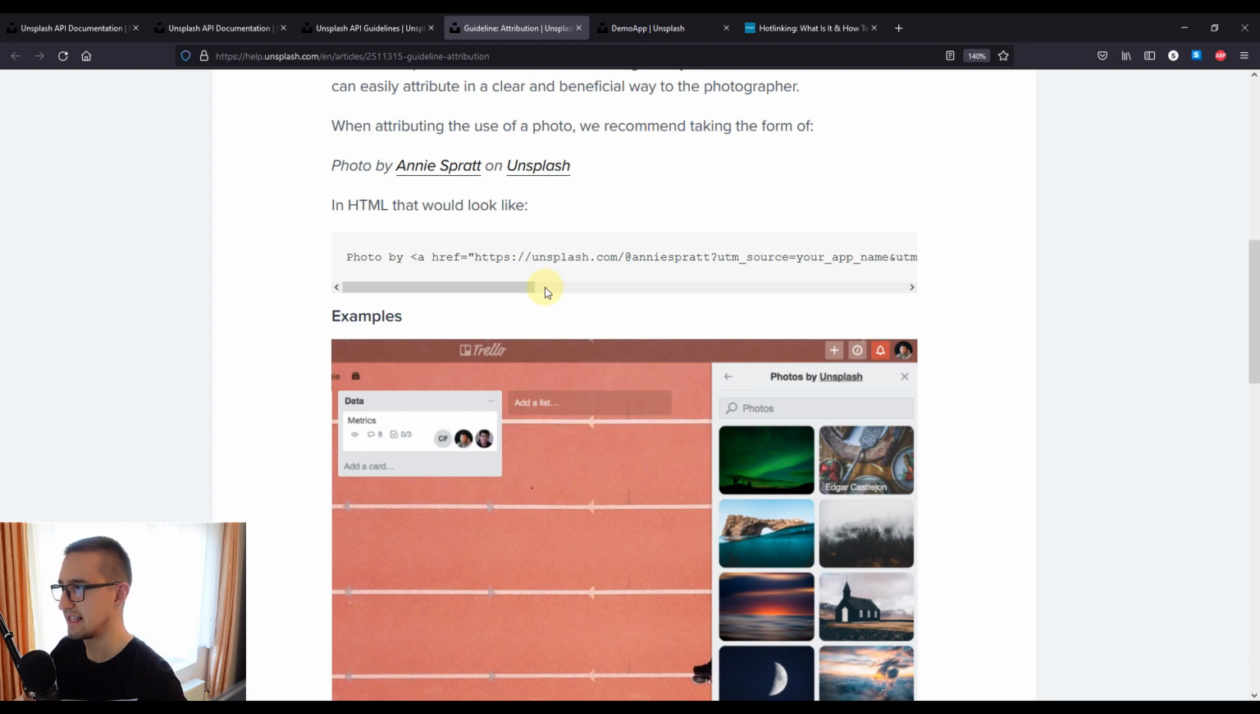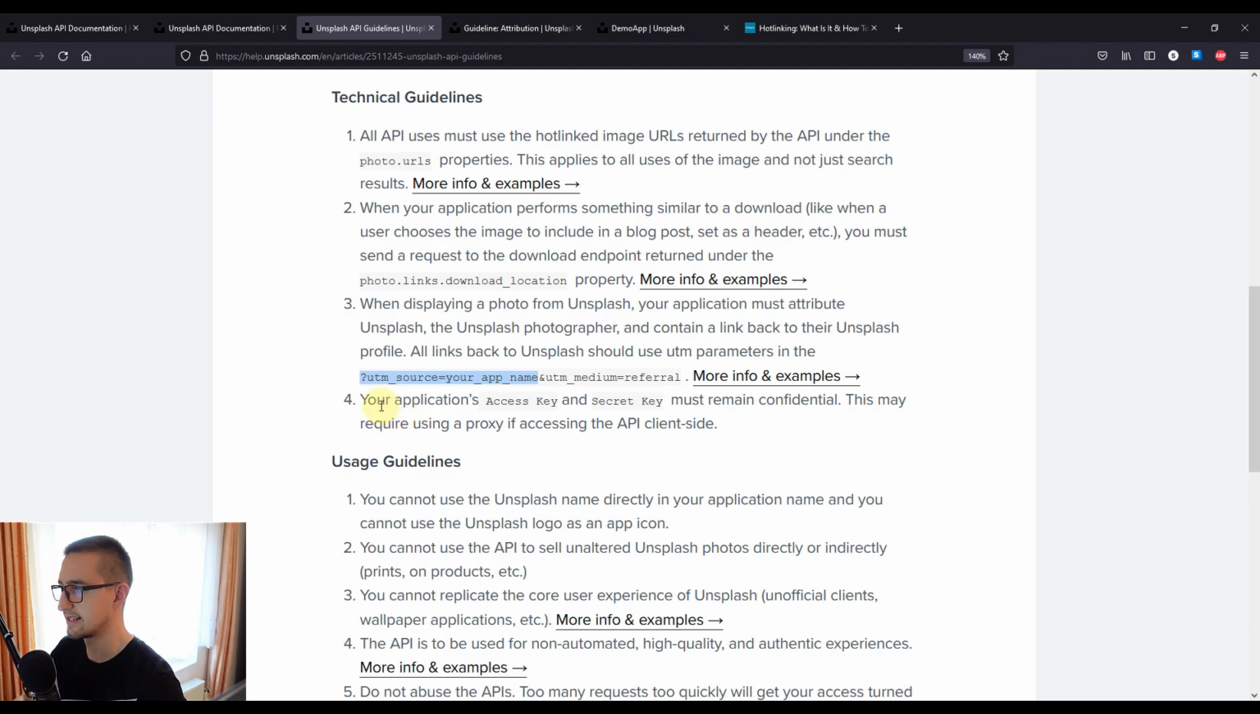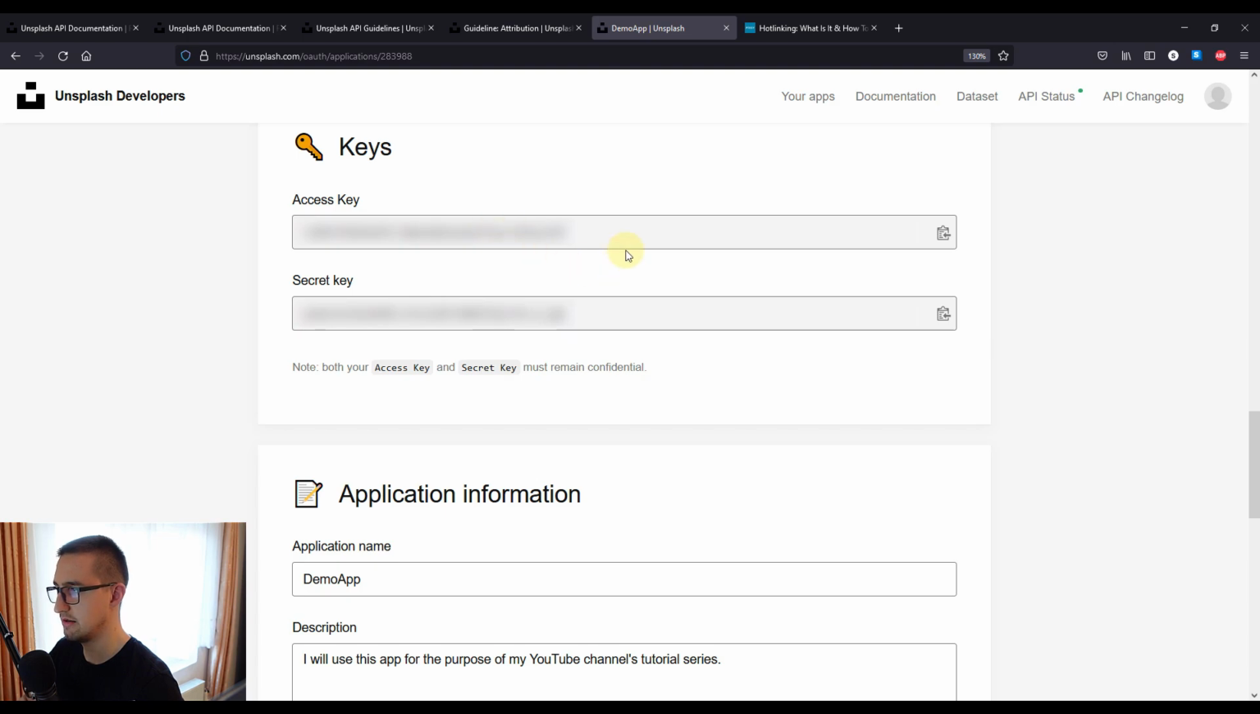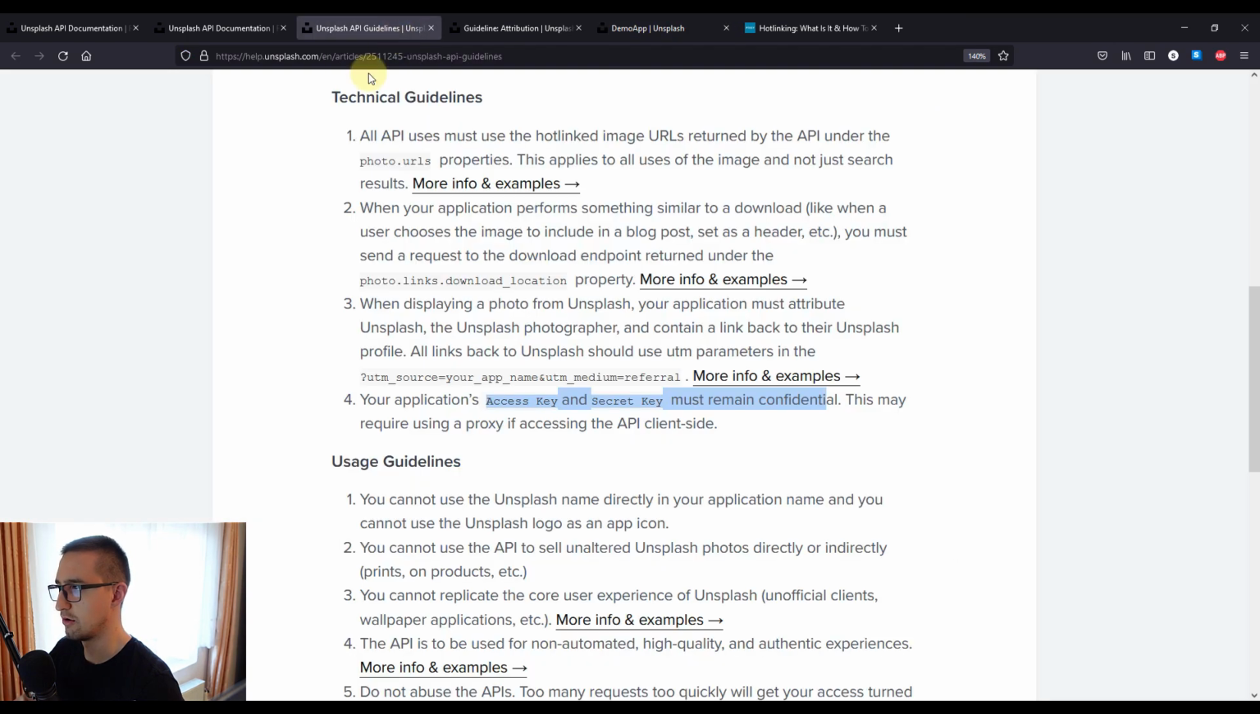So basically that means that we need to give credits to each and every person who has uploaded that specific image on unsplash.com. And the final guideline here says that your application's access key and the secret key must remain confidential. Okay, so those were some of the most important guidelines which we are going to follow because we are using that API. Okay, so now that you have created your account on unsplash.com, after you have created your own application here as well, and after you have been introduced to all those guidelines which we developers need to follow,